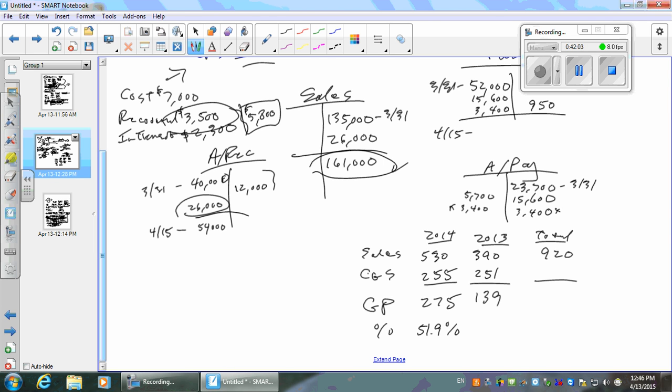139 divided by 390 is how much? Boy, their sales went way up in there. 30.6? 35.6. My gosh, they're just bouncing all over the place. The margin was horrible. It's kind of hard to think what. Okay, then